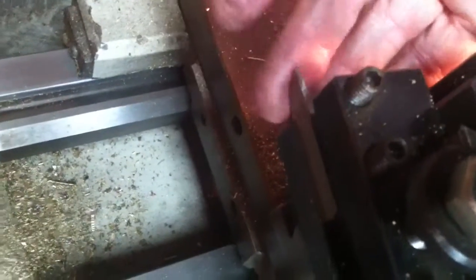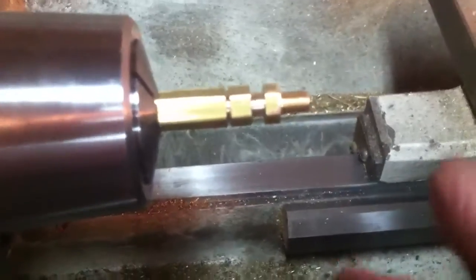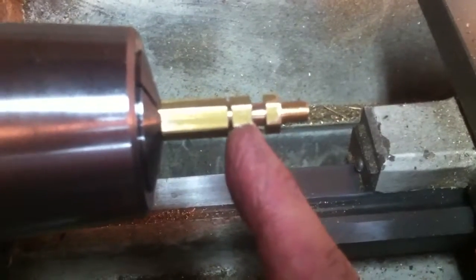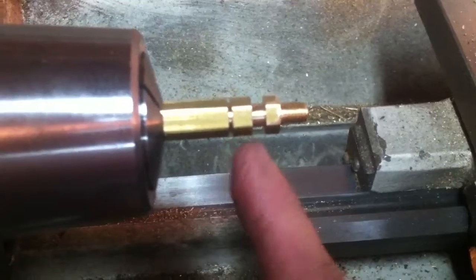Let's see if I can hold the little iPhone over that way and catch a glimpse of it. There we go. If you can see that or not. This is the cutoff tool that I use, and it works great for getting inside a very small workspace. Next thing I'll do is to turn this diameter down to 5/16 outside diameter, and then I'll part